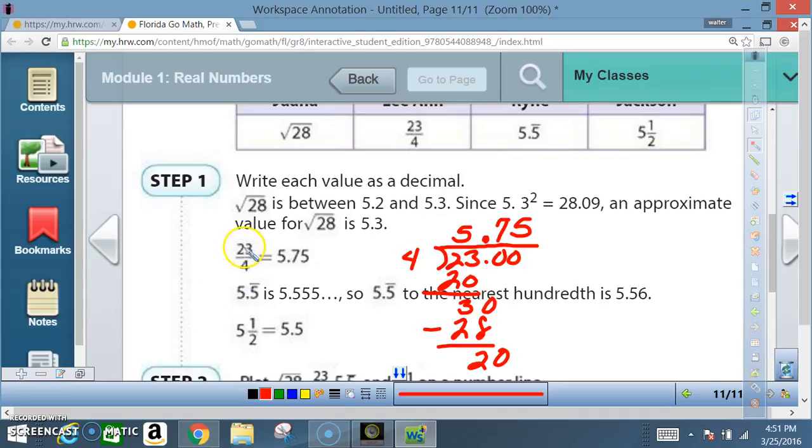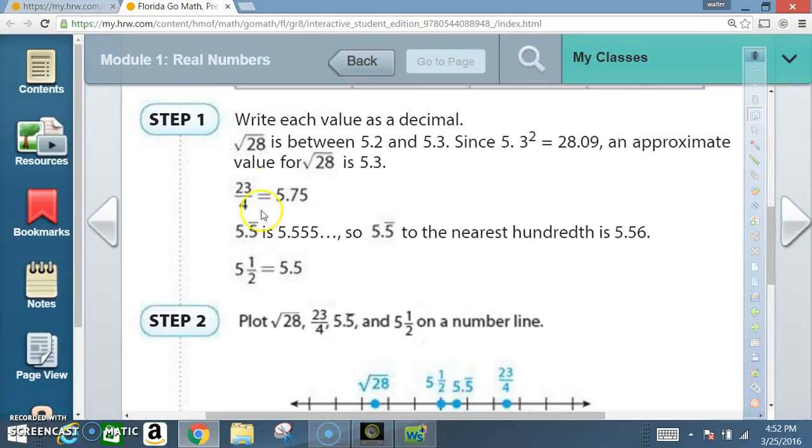Okay, next we got 23 divided by 4. That's going to equal 5.75. How do I do that? I use my old math. 4 goes into 23, 4 on the outside, 23 on the inside. Decimal place, add my zeros, and then I start dividing. All right, so here we ended up with 5.75. Here we got 5.5 repeating, so we round to the nearest hundredth spot, so it ends up being 5.56. And now that makes it easier to compare all